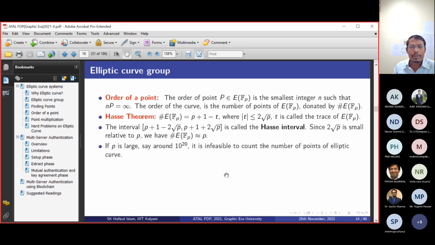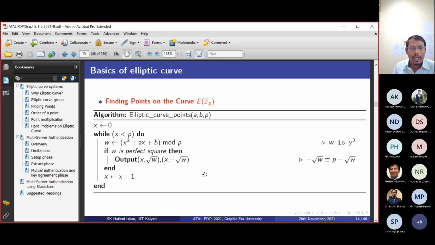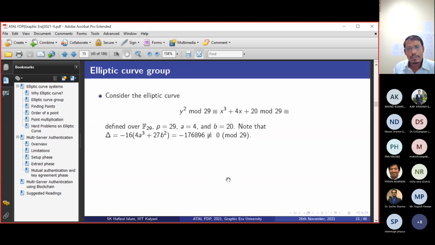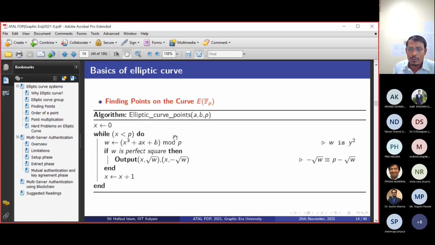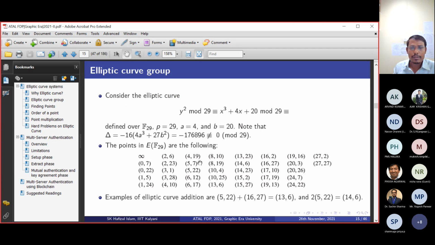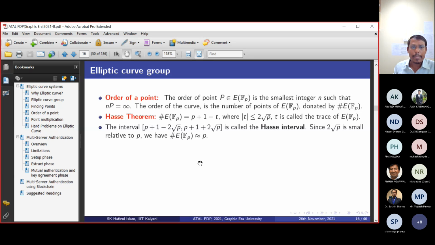And the calculation of the elliptic curve points, the way that we have given the algorithm, is a really difficult job, because it involves lots of computation. So generating all the elliptic curve points is not a simple task. You need a more efficient algorithm to compute the elliptic curve points, but unfortunately, we don't have one. This is the only way we can generate the elliptic curve. So generating the elliptic curve for a large group is quite difficult. I'm talking about it from the computation point of view. It takes much time.